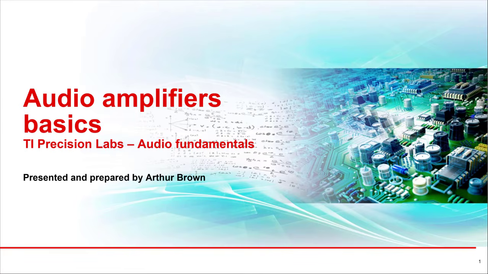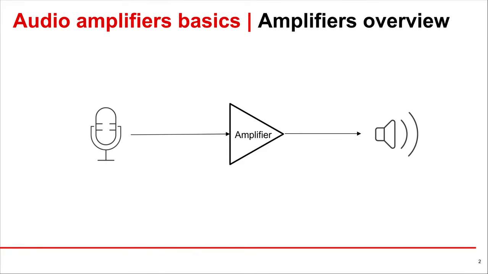Today we'll be discussing the basics of audio amplifiers. All amplifiers take in low power signals in the form of alternating current and amplify its power by means of increasing its current and voltage. This amplified signal is then driven into the designer's desired electrical load. In the case of an audio amplifier, this load is often the speaker.